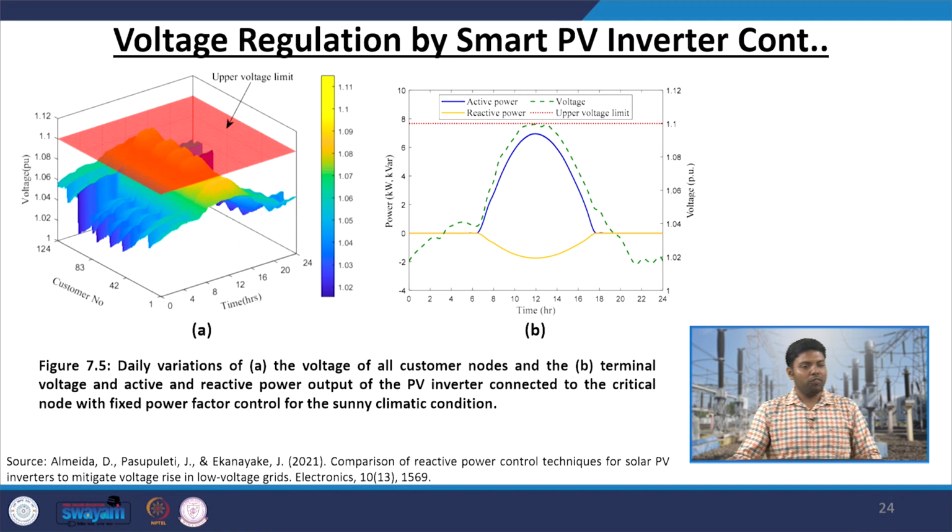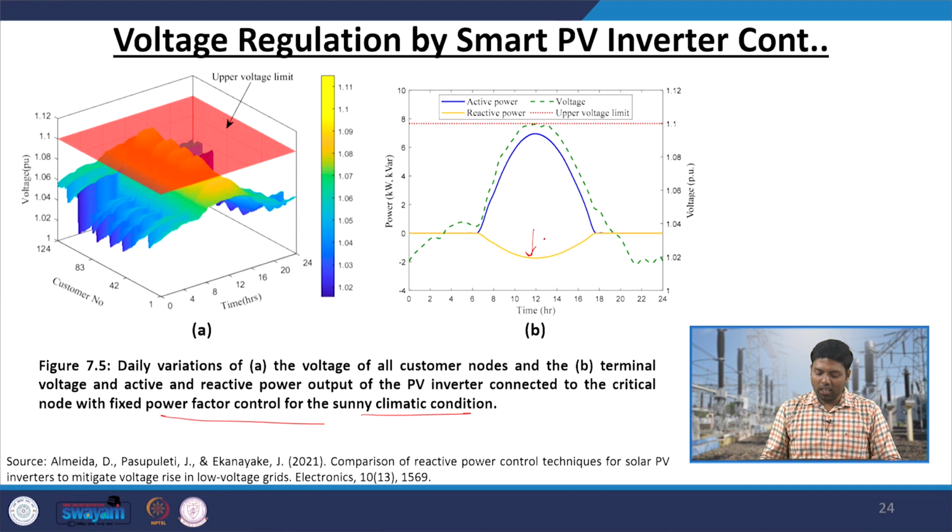So, with this, if we see the same example where we previously saw the over voltage condition, and now go with the power factor control on the same date, then you can see that your reactive power is now being consumed. If your reactive power is being consumed, that means it is acting as an inductive reactance. That means it is now lagging your circuit with a lagging power factor. Then your voltage level will start decreasing,